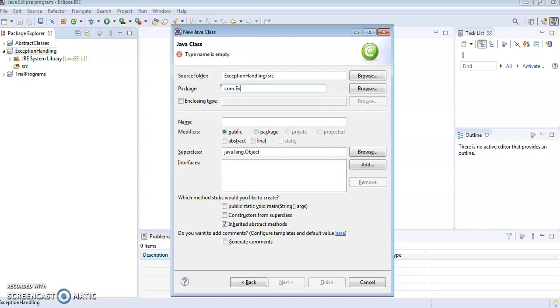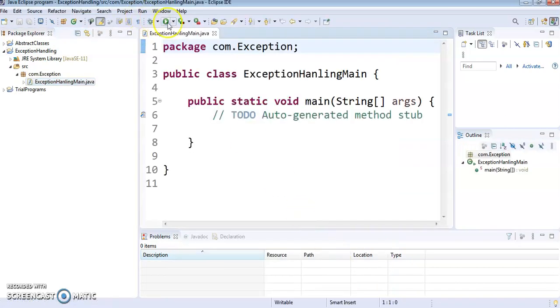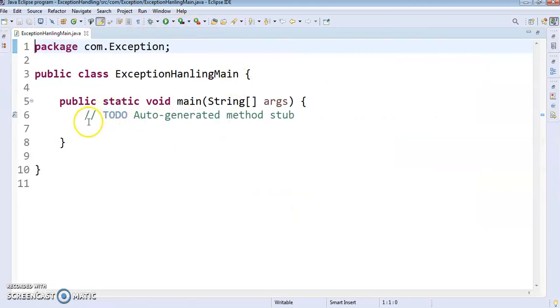We'll give the package name exception. We'll give the class name as exception handling main. We will include the main method and click on finish. It has included the main method inside the exception handling class.